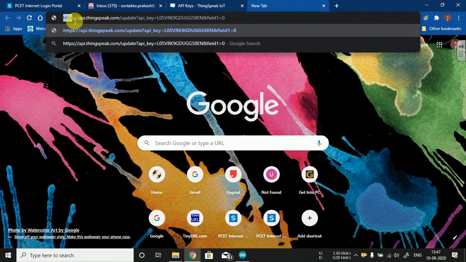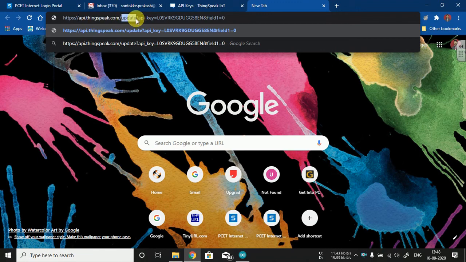First, it starts with the protocol used to send data to and receive data from the cloud. It is the hypertext transfer protocol. HTTPS stands for hypertext transfer protocol secure, which is the secured version. That is why it is HTTPS. Next is the server name, that is api.thingspeak.com. It is the DNS name of your cloud.